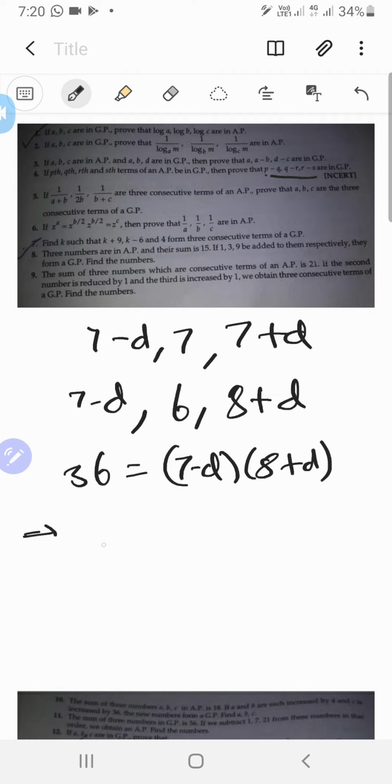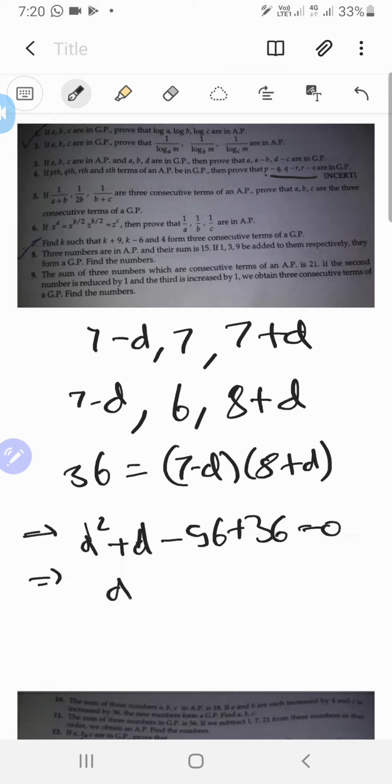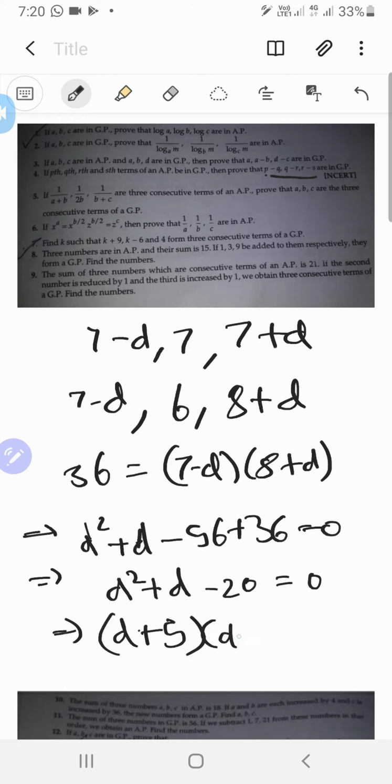So from that we get d squared plus d minus 56 plus 36 equals 0. So d squared plus d minus 20 is equal to 0. Well, 20 can be broken as 5 and 4. So we get d plus 5 into d minus 4 equals 0. So either d is minus 5